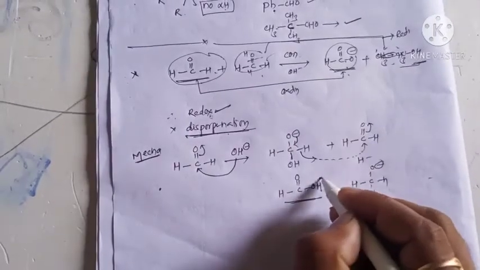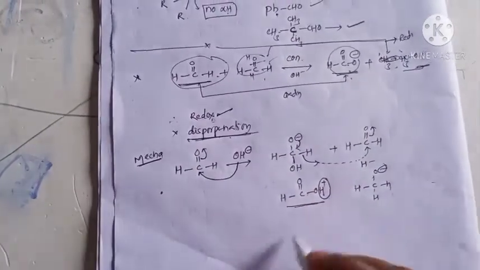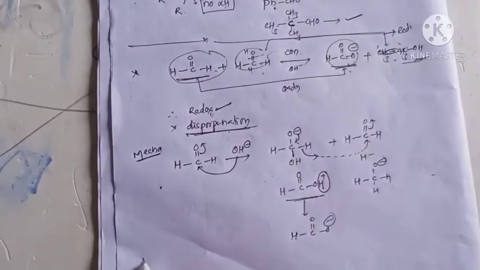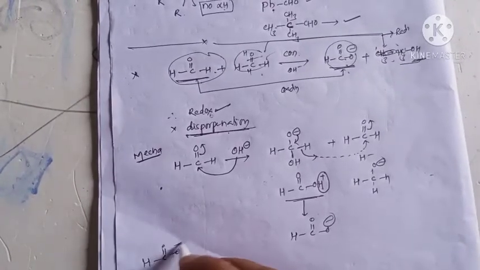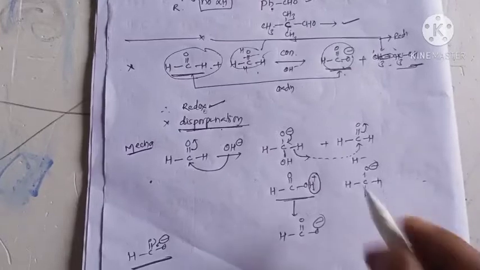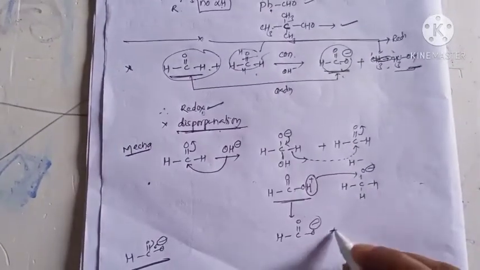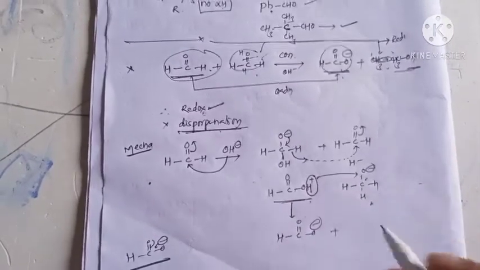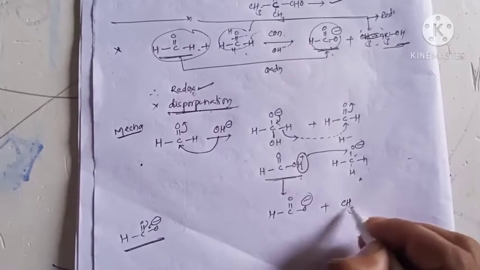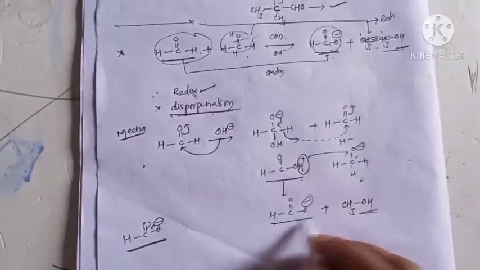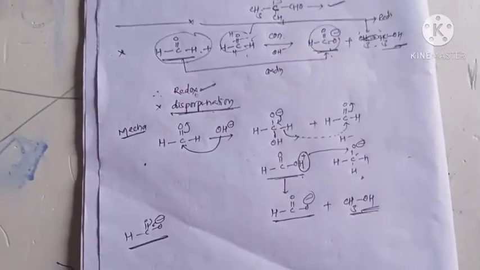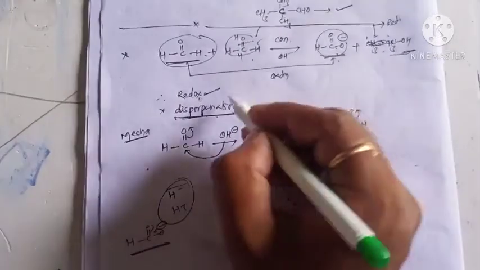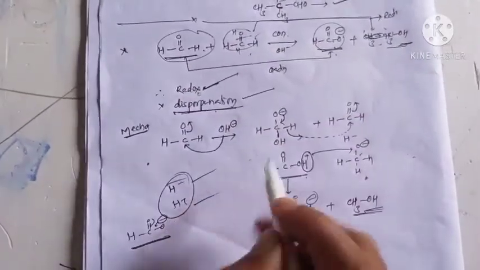Next, carboxylic acids easily lose H plus ions, because after loss of this H plus ion it is converted to carboxylate ion. The carboxylate ion is more stable due to conjugation. So this H plus ion is shifted to the O minus. This O minus acts as a conjugate base, and it undergoes a conjugate acid-base type reaction, giving CH3OH. So it gives carboxylate ion plus alcohol. So this is the mechanism. This reaction follows H minus shift and H plus shift. So: redox reaction, disproportionation, H minus and H plus shift.